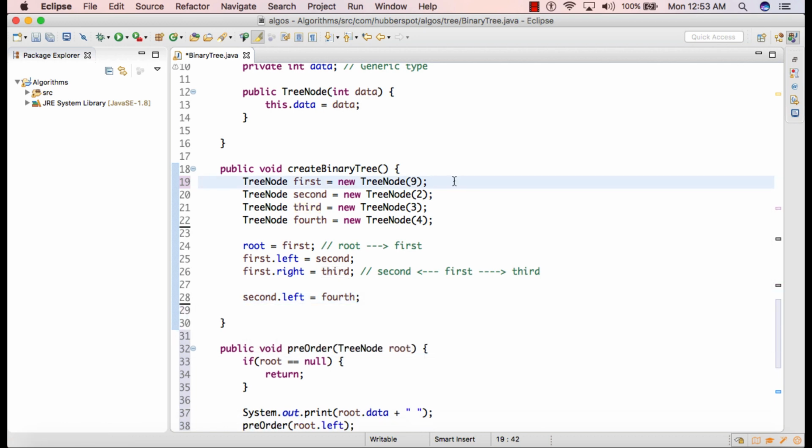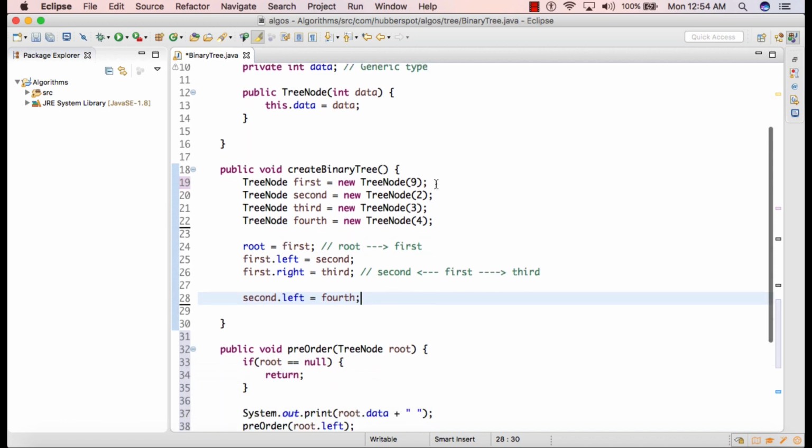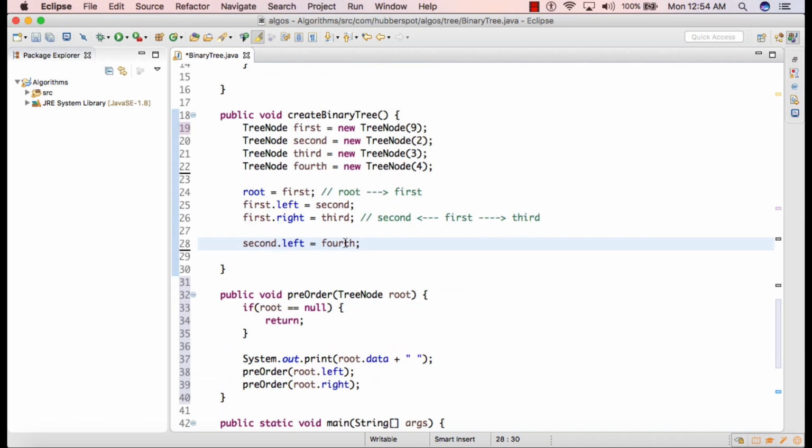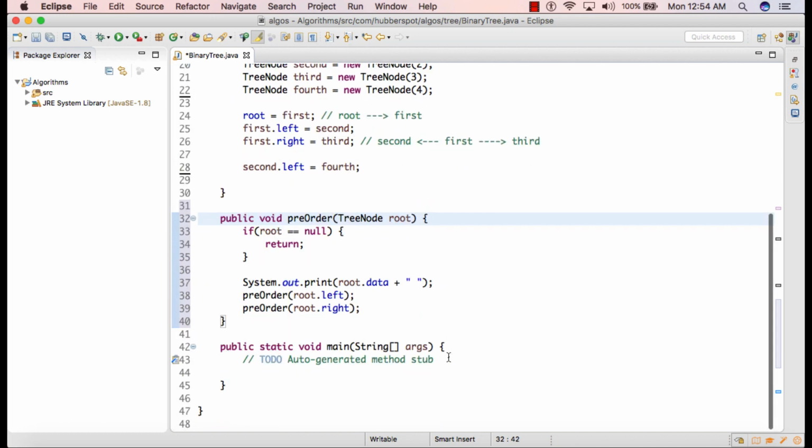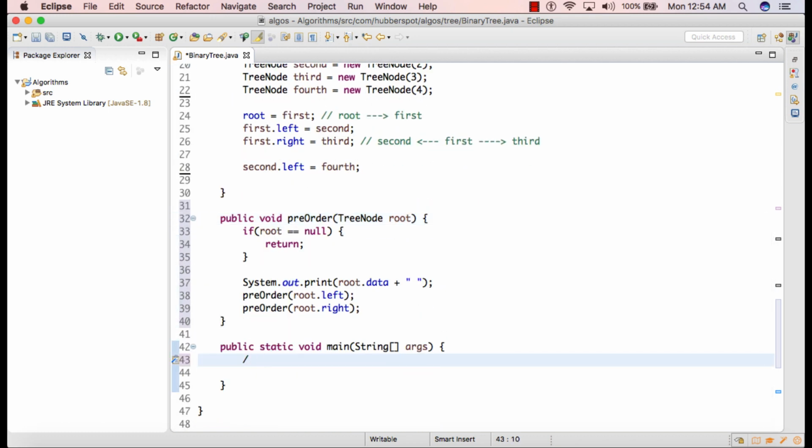So here we have created the binary tree which we discussed in the slide, where root is pointing to 9, whose left is pointing to 2 and whose right is pointing to 3, and then again 2's left is pointing to 4. Now after creating this binary tree, let's test the working of this preOrder method. So in the main method, we'll first create the instance of BinaryTree.